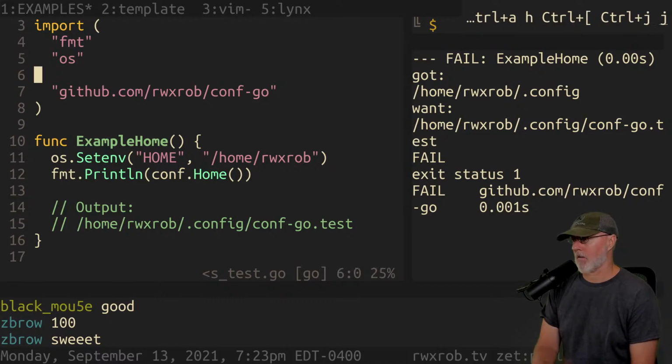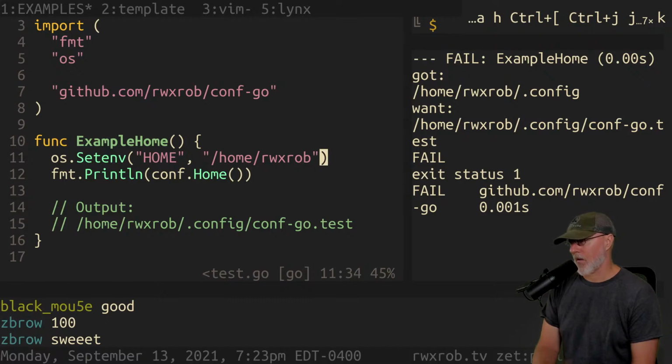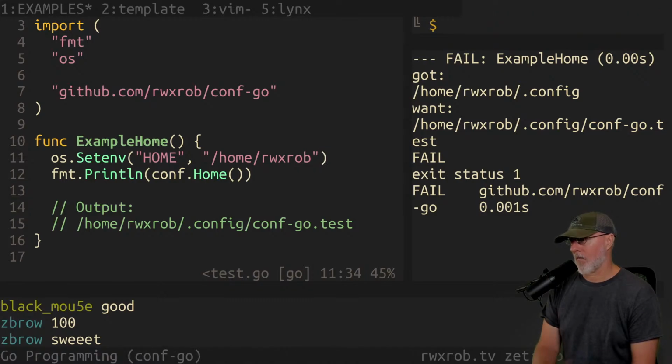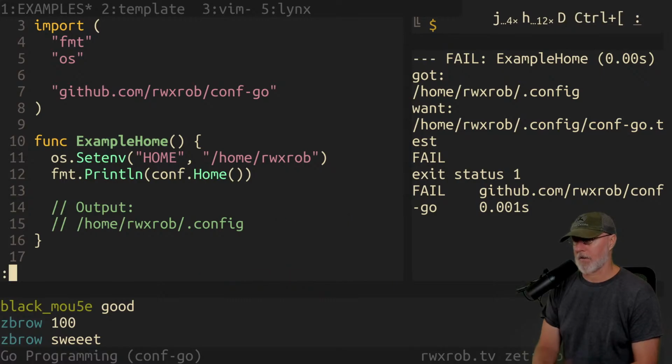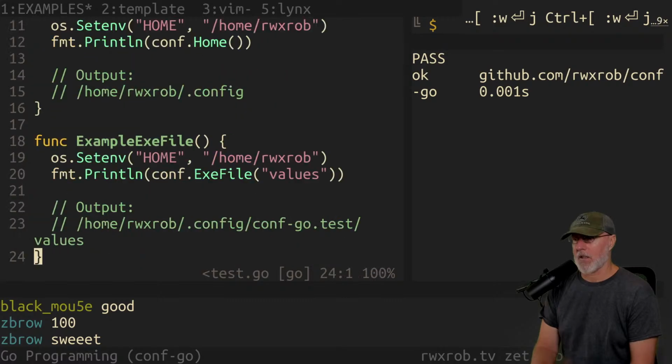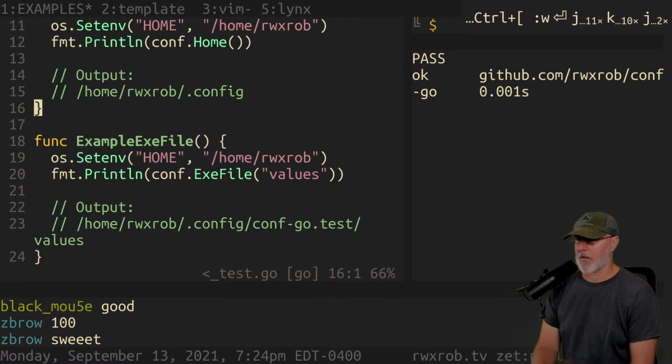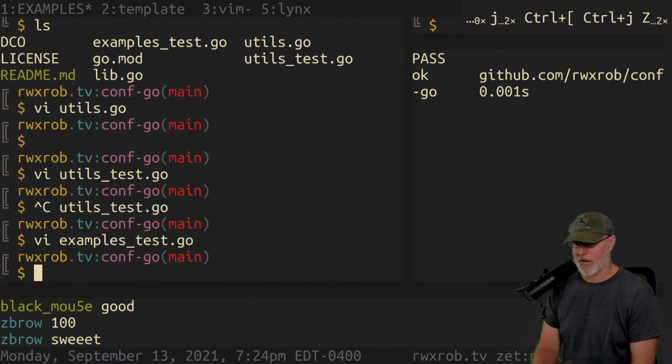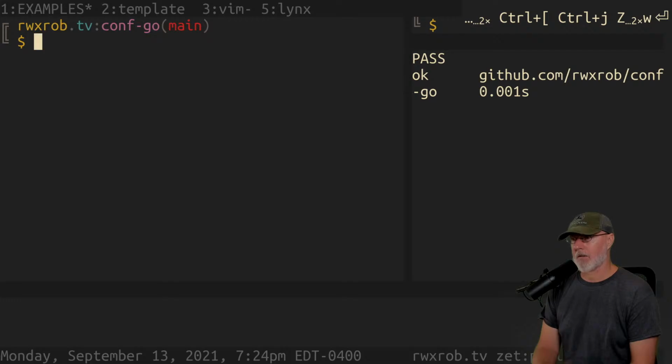Oh, it is home. Okay, so up config. No, this is not what we want. We want config because it's just a home config. Yep, config to home. Yay, pass. So we have home, we have dir file, but we probably don't have very good coverage. Let's try our coverage.